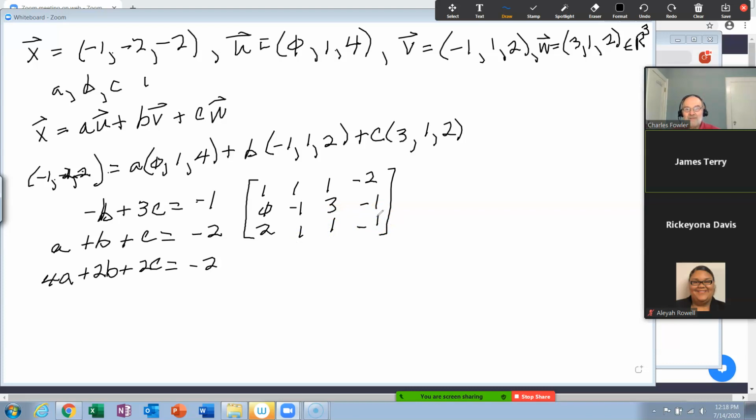Okay, what do you think the next thing I'm going to do is? I think I want to get rid of this one first though. Negative 2 times row 1 added to row 3. And then let's do what you just said: row 1 plus row 2. Yeah, that will still work. You're doing it strangely, but it's okay. Actually, it's pretty good. I like it.